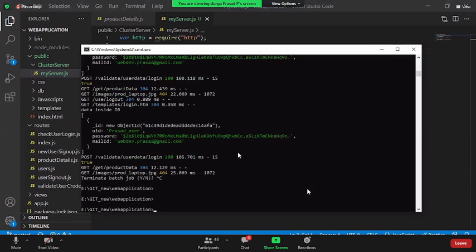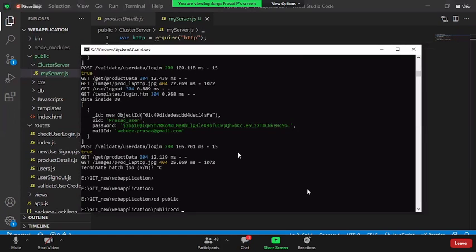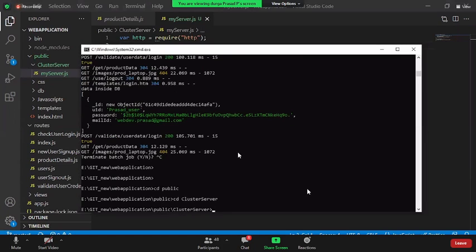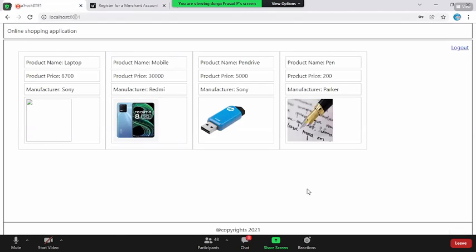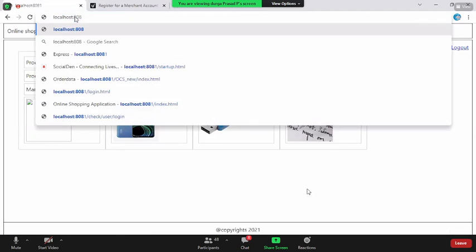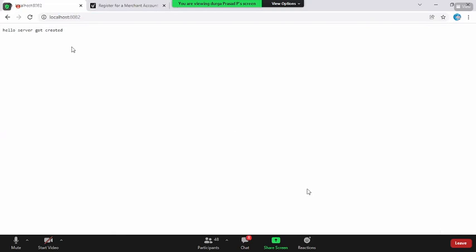Okay, so let us say cd public, cd cluster server, node myserver.js. Okay, the server is listening at 8082. Now you open 8082 and press enter. It is simply saying that the server got created.